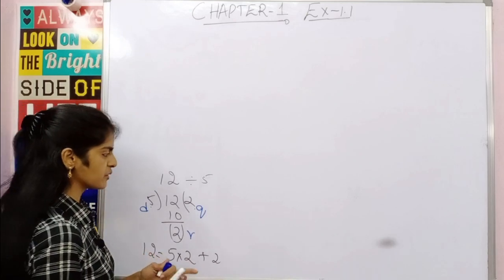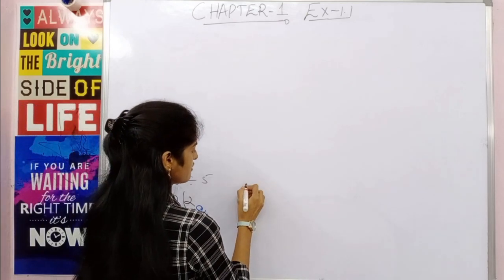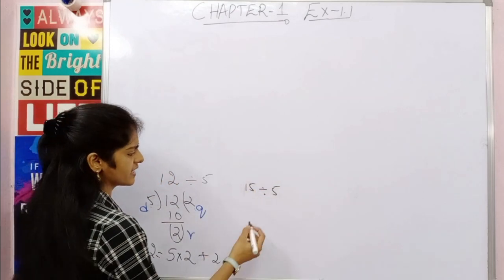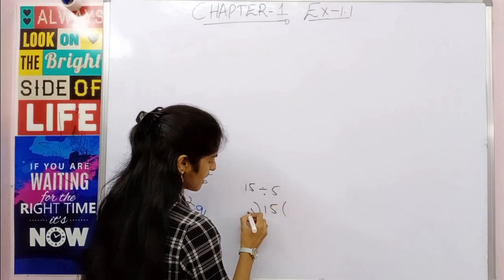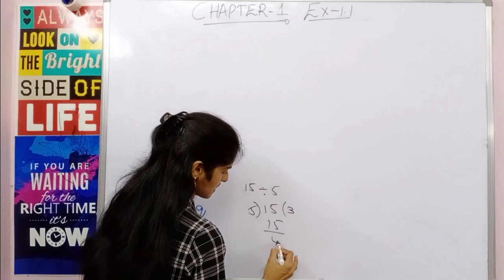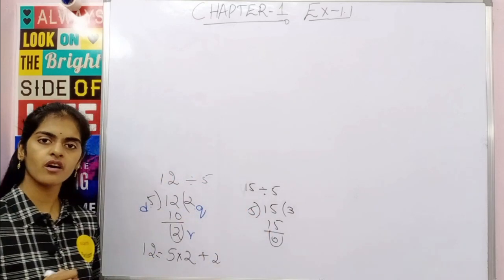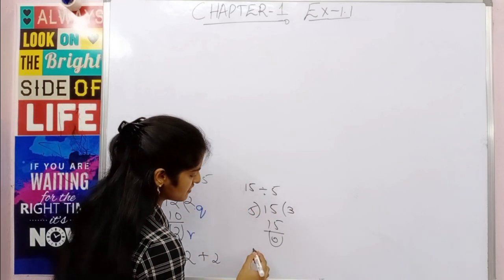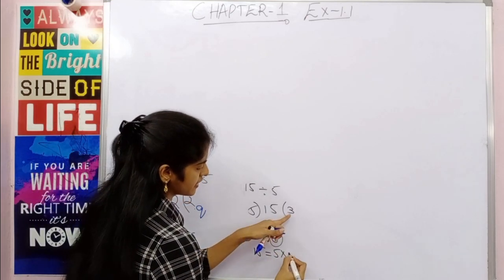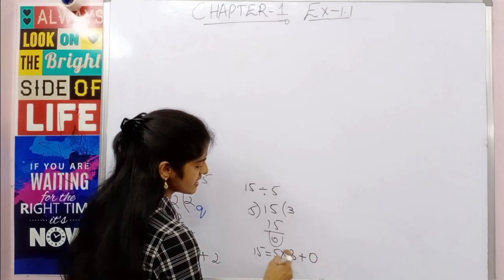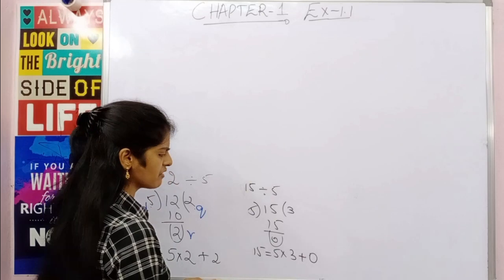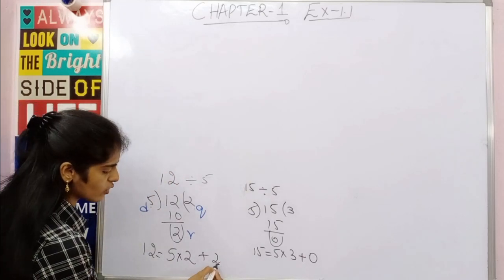Now the same thing, suppose I have a number, say 15, and I want to divide this 15 by 5. How will you do that? The same process, you divide 15 by 5, okay. So you know 5 3s are 15 and now the remainder is 0, okay. So now this 15 I can express as the same divisor into quotient plus the remainder, which is 0 in this case, okay.